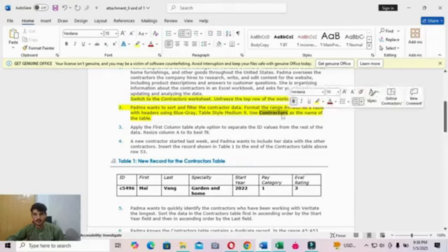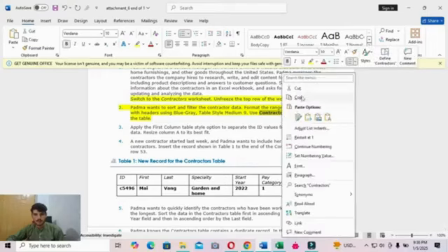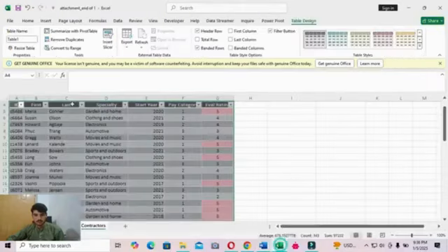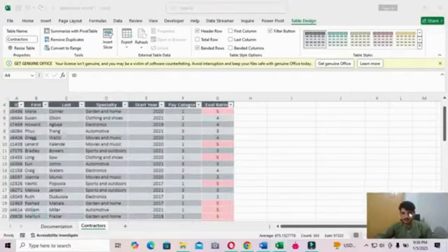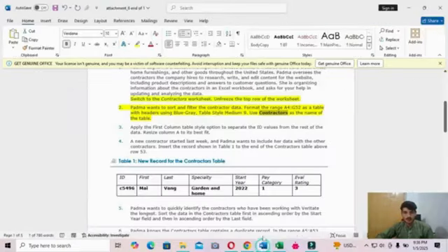Copy the name and then paste. Okay, next step. Step 3.